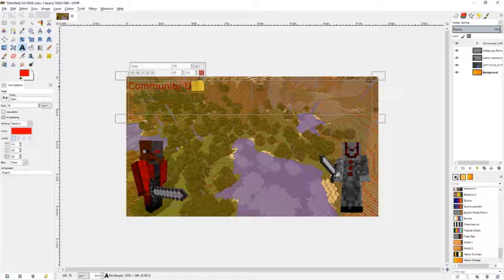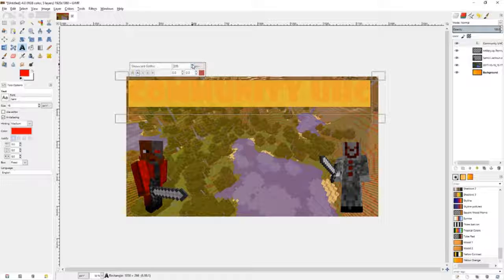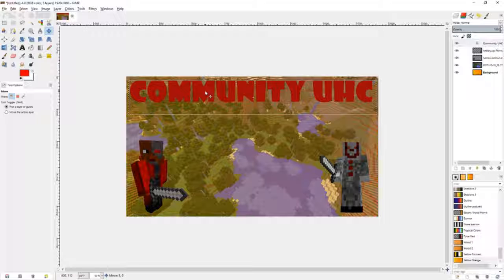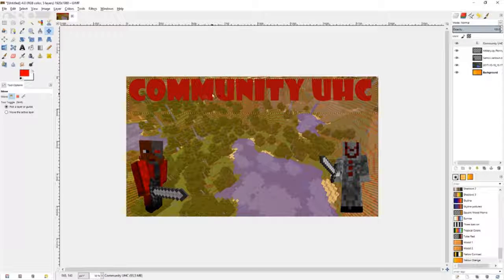Community UHC. I'll highlight that text, make it bold. Click in the font box, and you can look up the different texts yourself, but I like to use Showcard Gothic with mine. And then I'll just increase the size until it's a little bit bigger, like that. And then you can click on the movement tool and just position it so that it's kind of more centered on there. I usually just eyeball it, but you can actually, if you want,